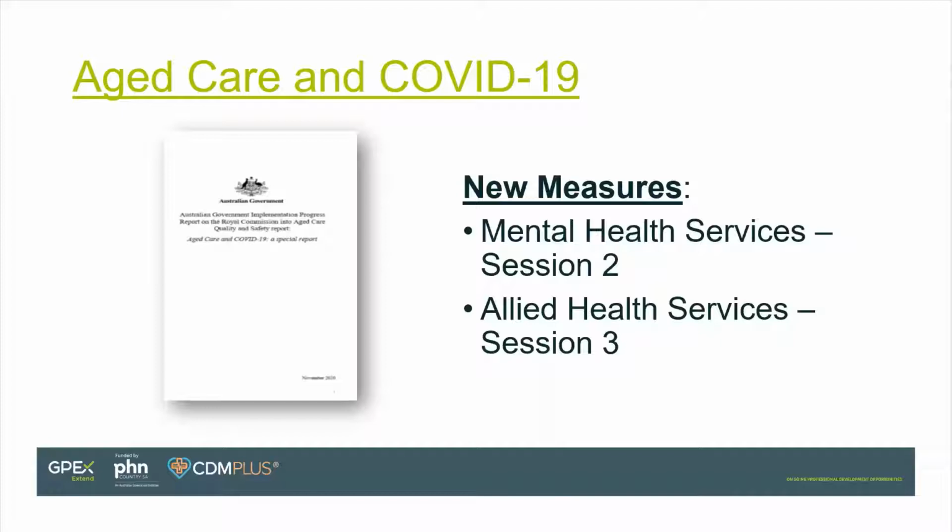And then tonight we'll look at those additional allied health services. So the mental health services we will have a look at a little bit later in the pathways, but there was some expansion to the better access to psychiatrists, psychologists and general practitioners through the MBS initiative, Better Access. So it increased the number of services from 10 individual psychological therapy sessions to 20. So the allied health services that we're going to be talking about tonight,